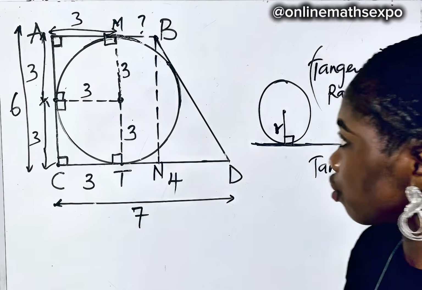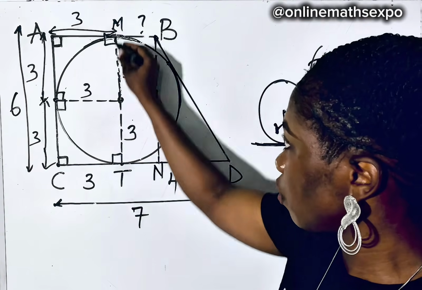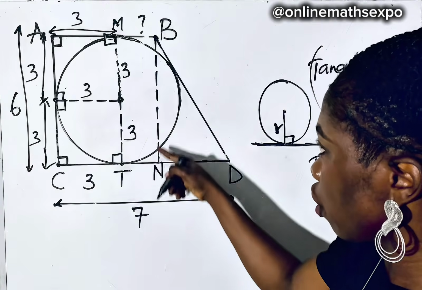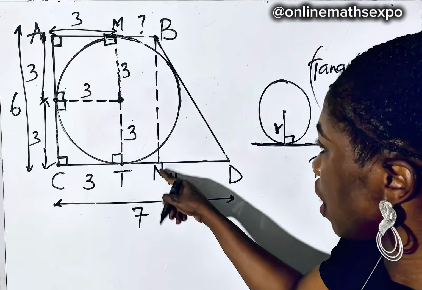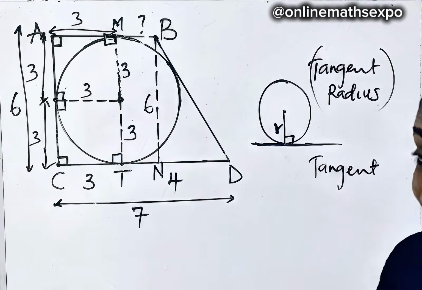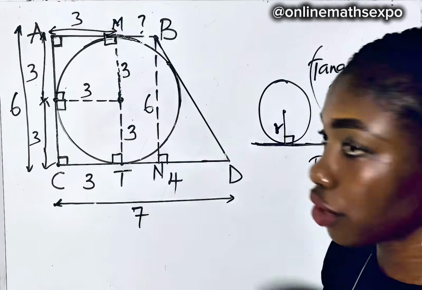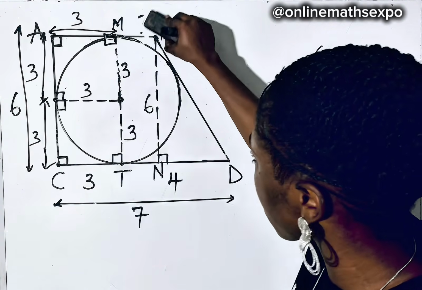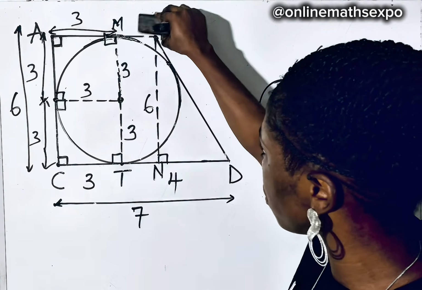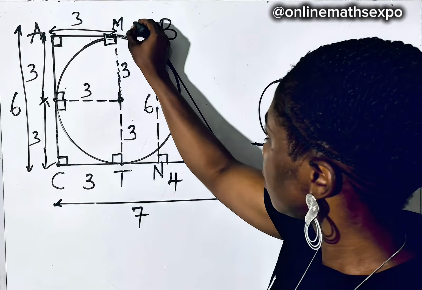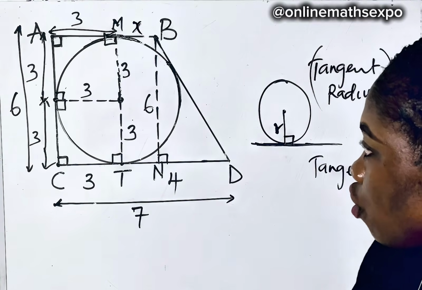And what do we do? This length is parallel with this, and they are all equal. So it means length BN should also be 6 units. So to get this MB, let length MB be X. Now, if this is X, you observe that